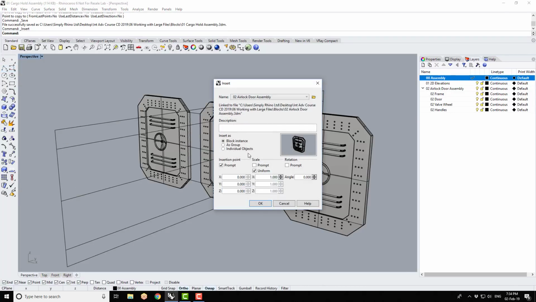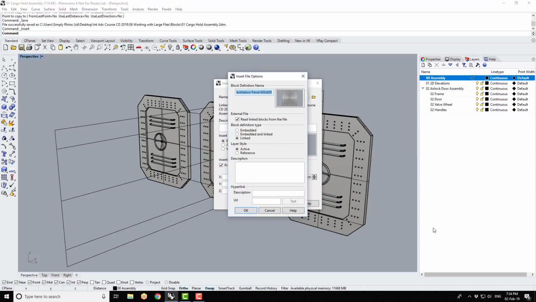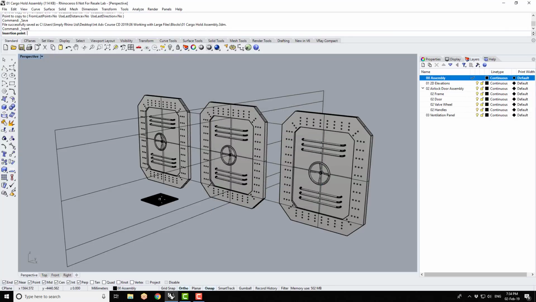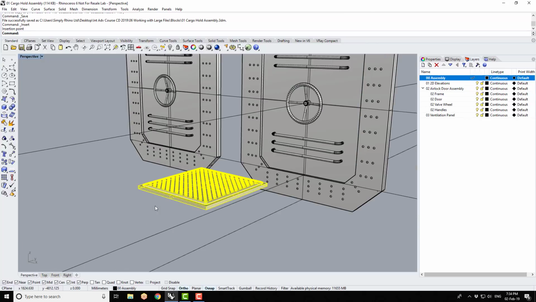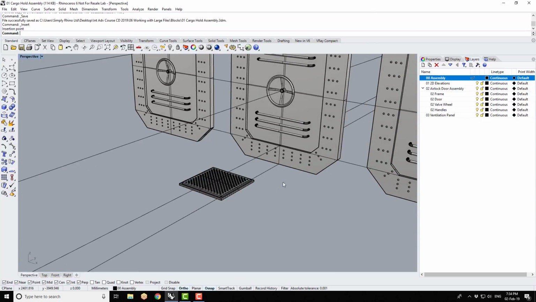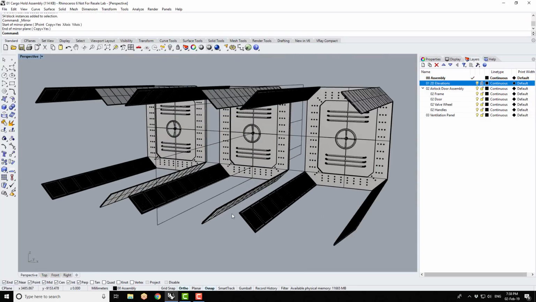So I'm going to go to Insert. I'm going to choose the ventilation panel 600 by 600, and I'm going to choose Embedded and Linked, and same settings that we had previously, and bring this part in, and I'm then going to orient this and copy and array it. Okay, so now these parts are in, I'm going to bring in some more block instances,